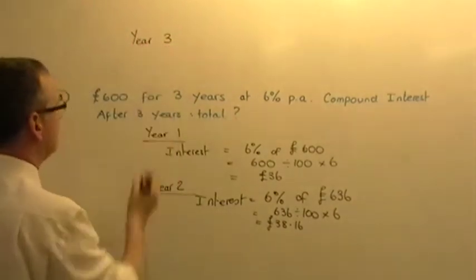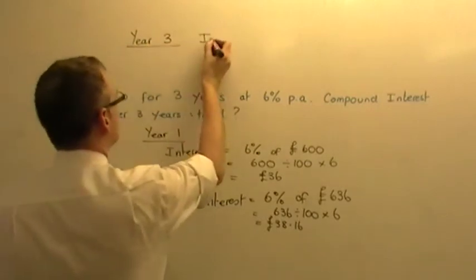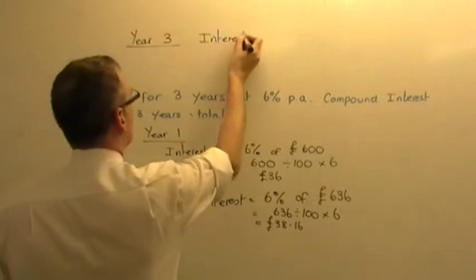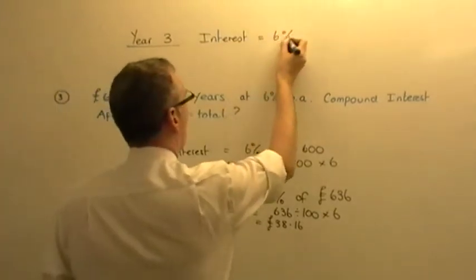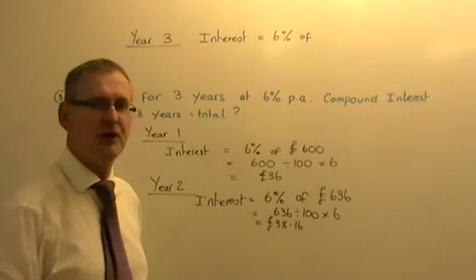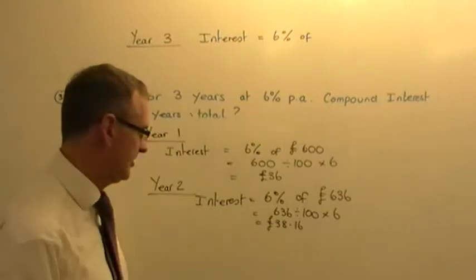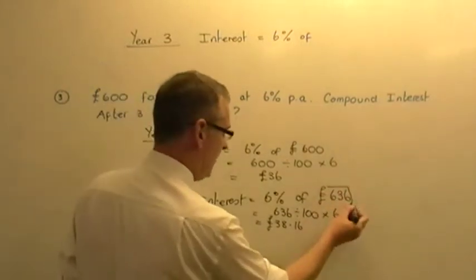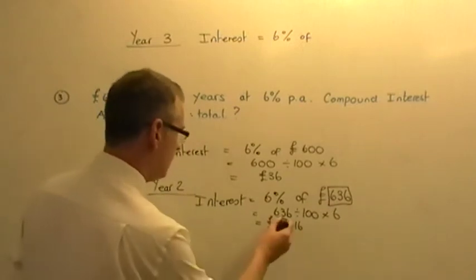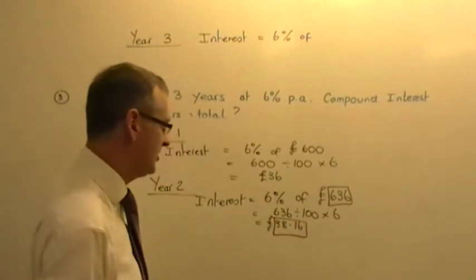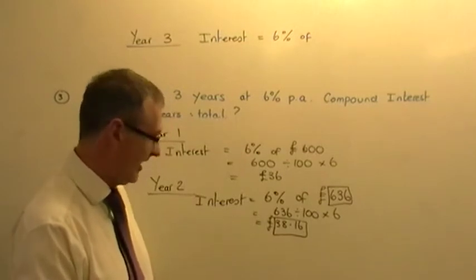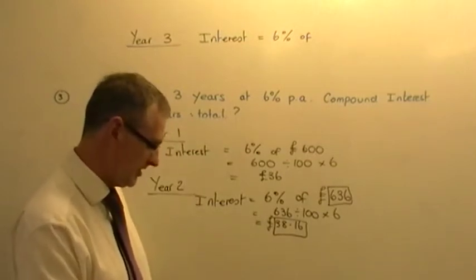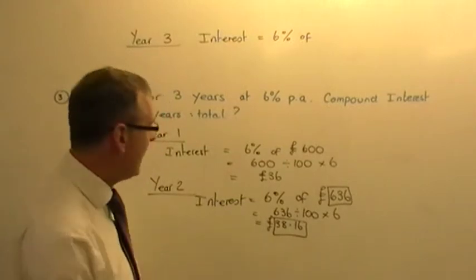Year 3, what's the interest? The interest will be equal to 6% of... Now, there's going to be a new total in the bank to think about. At the start of the year, you had 636, and by the end of year 2, you added another 38.16 to that. So if I take 38.16 and I add to it 636, I now have in the bank